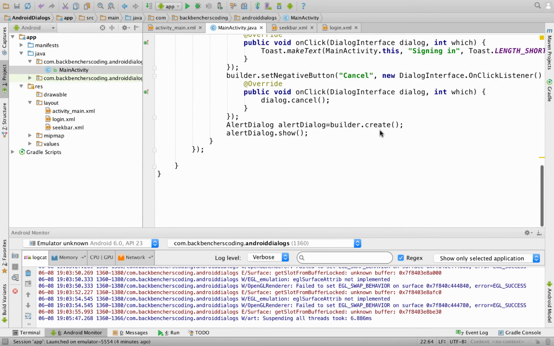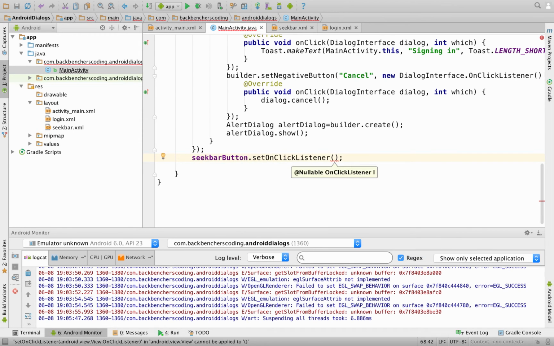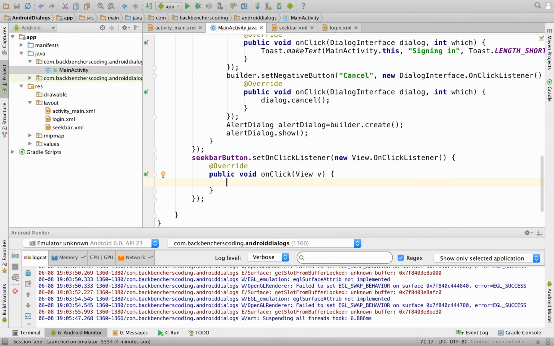Now we add an onClick listener to this button. So go over here and write seekBarButton.setOnClickListener, new View.OnClickListener, which overrides the method onClick, and here we create the AlertDialog.Builder object.